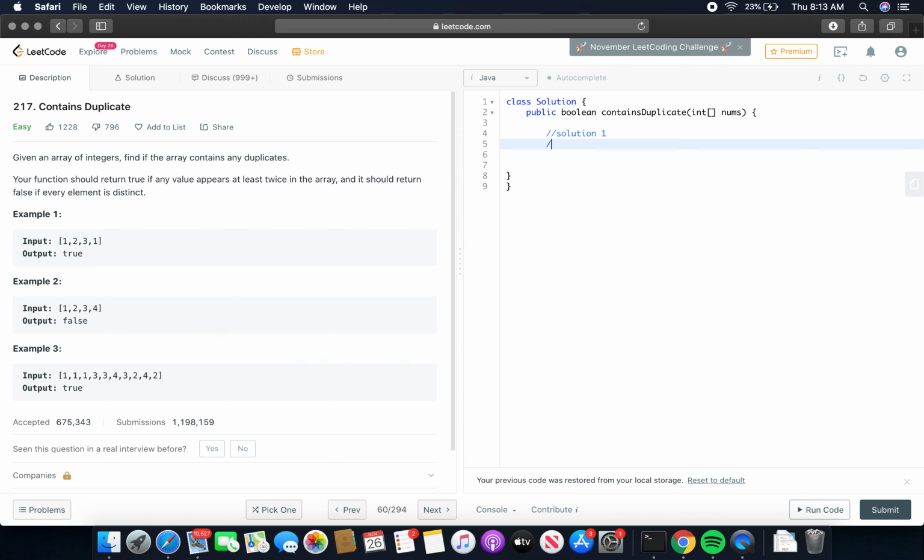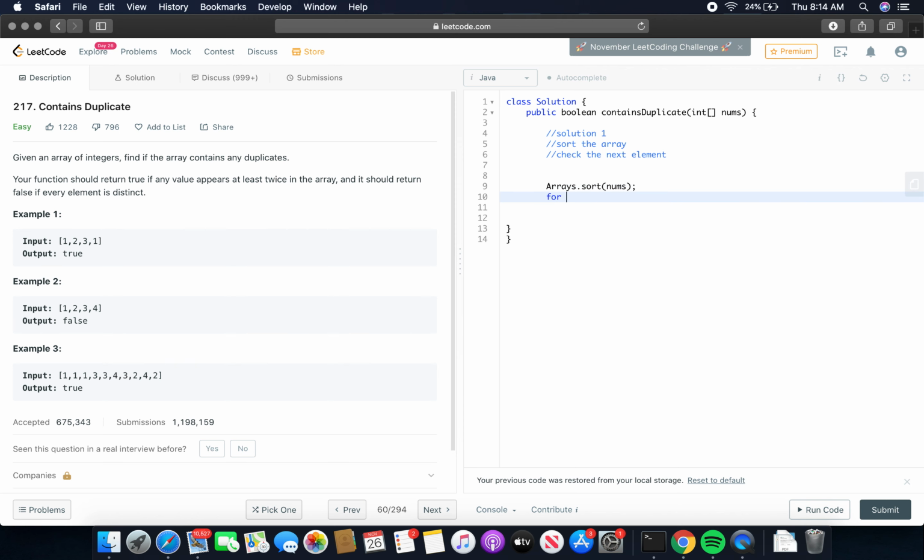Option 1 is to sort the array, and the next step is to check the next element. So this is our pseudocode. Let's begin to code. Arrays has a very common method for sorting, and we can make use of that. Arrays.sort makes use of Tim sort, and the time complexity will be O of n log n. So nums will give us a sorted array. So the first task is done.